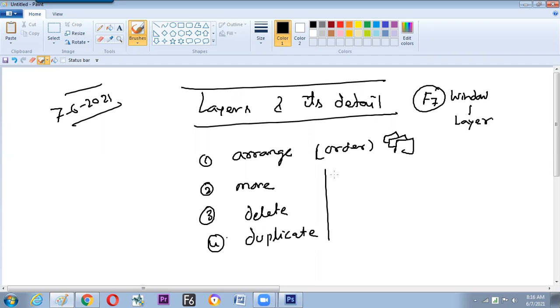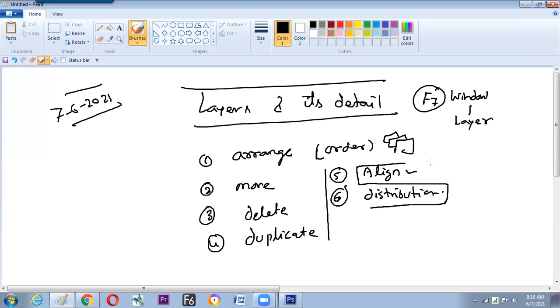Except for these four events, we can do alignment. We'll see about alignment now, and distribution. They are two events which you can also do with layers, because layers are there. Alignment means the edge arrangement: everyone's edge should be arranged properly, either on the top side, left side, or right side.